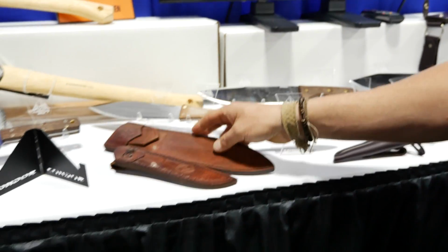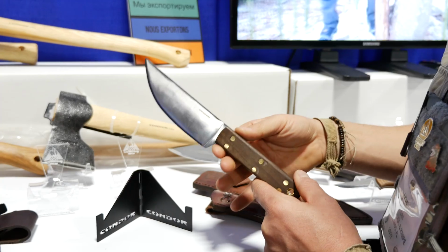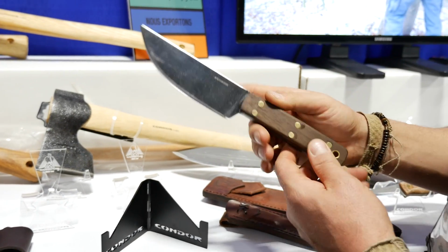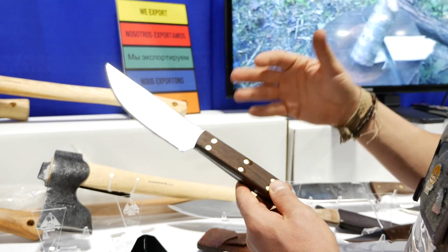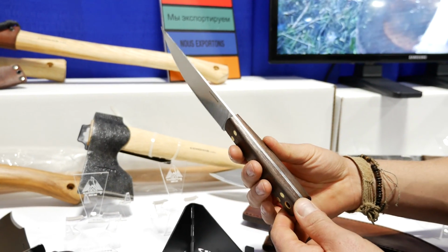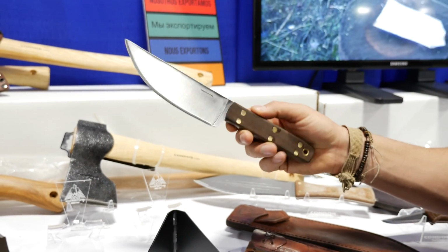Tim Stetzer is a heck of a writer. He knows the frontier style knives, so he collaborated with myself to make the scalper. The scalper is not used to remove hair from the head. Oddly enough, it was more of a chef's knife, a camp knife, a do-all knife. So it's very thin, like a chef's knife, but still very reminiscent of the rendezvous style knives that are out there in